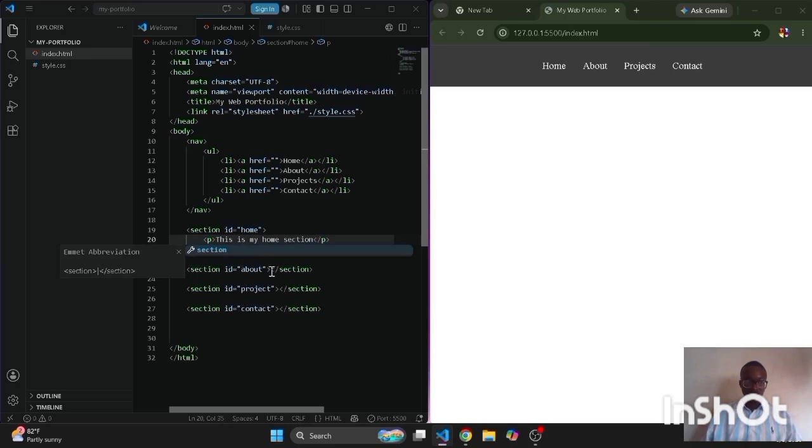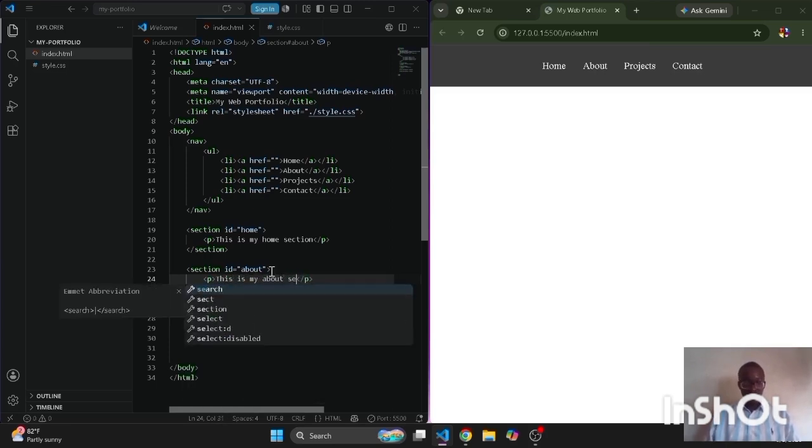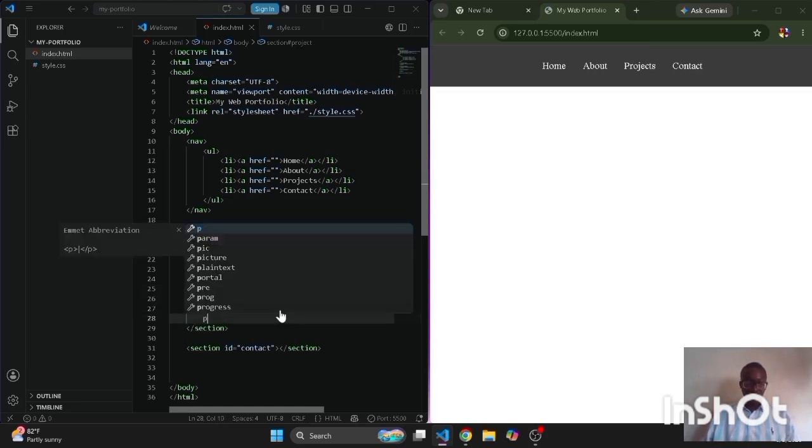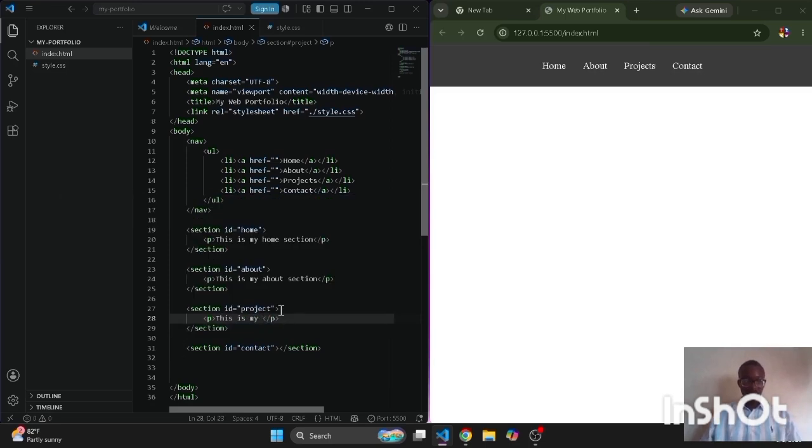Then for the second section, which is the about section, I'll put another paragraph tag, and I'll say this is my about section. And then for the project, let me put a paragraph tag, and I'll say this is my project section. And then for the contact section, I'll add another p tag. Inside it, I'll say this is my contact